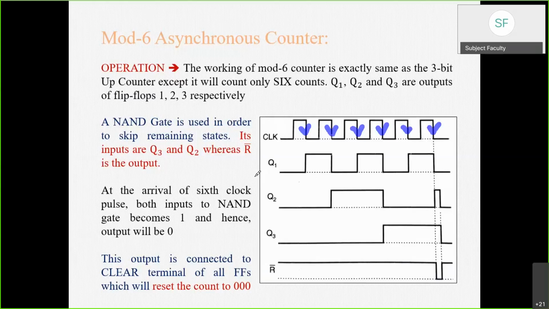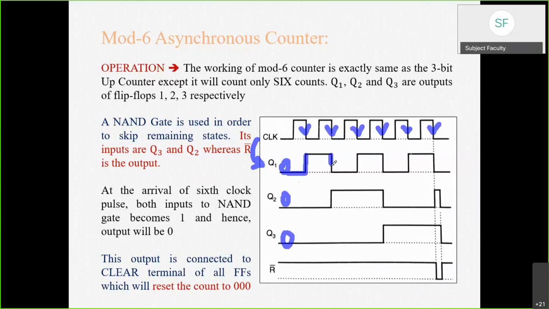Once you do that, then what will happen? You know that this clock is nothing but the clock signal of flip-flop 1, right? So whatever the states it is varying, the transition will be happening only at the negative edge. Initially the values of Q1, Q2, Q3 are all 000. We already know that. This was our initial assumption. So this Q1 will remain as it is until the appearance of this negative edge. At this negative edge, this flip-flop will change its state from 0 to 1.